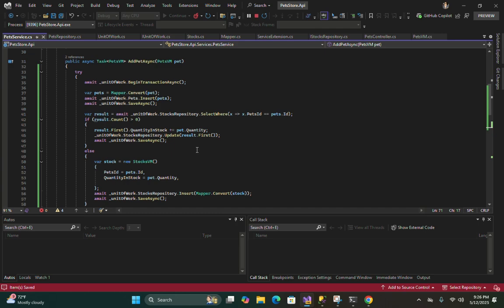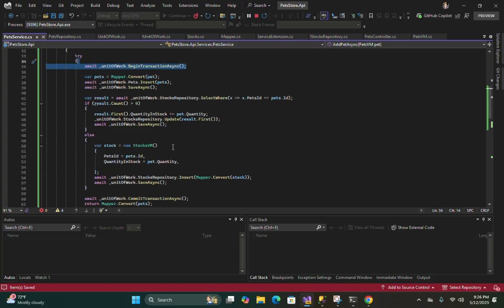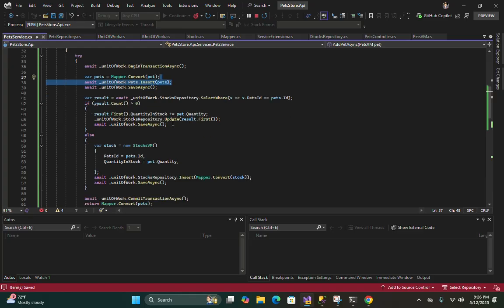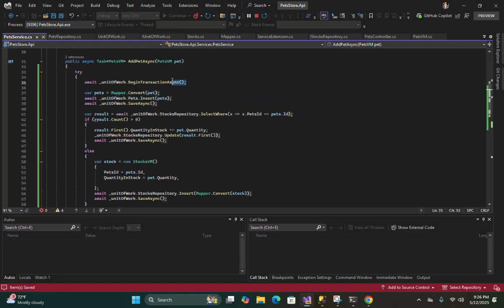All right, now you know the use case of transaction, right? So if anything happens, if we cannot update the stock table we also need to roll back our pets table, right? What is inserted inside this pets table we need to roll back all this data. So we are performing the transactional scope here, which helps us to roll back our transaction.